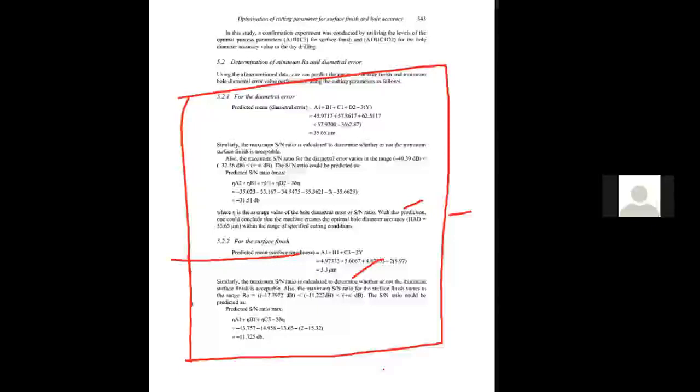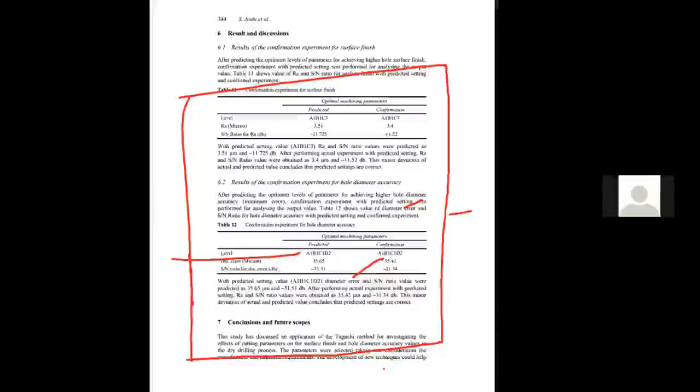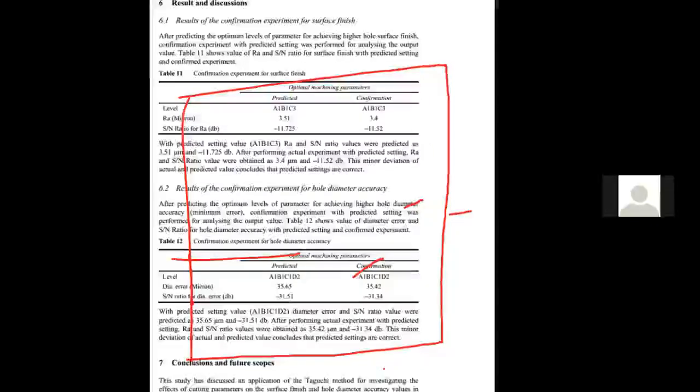As a thumb rule, whatever prediction you have and what actual you have got, if the difference is near 10% or less, it is a good thing. If the difference is more than 10%, it's something you have missed out. And again, at the end, you can see the result of what prediction we have.